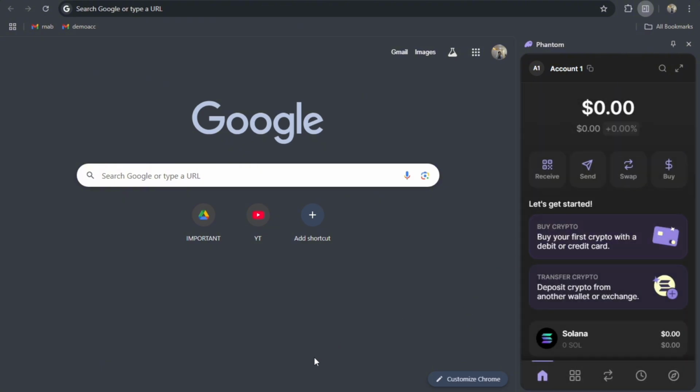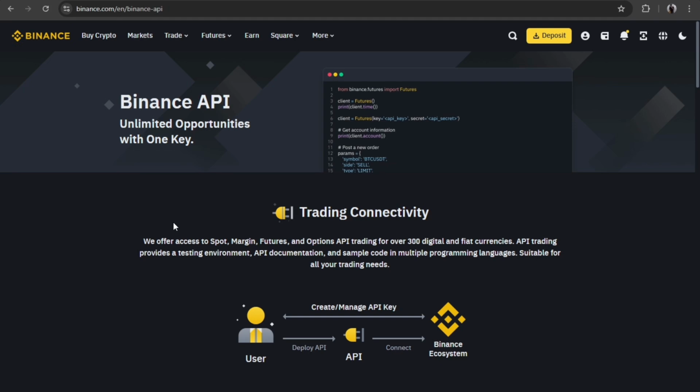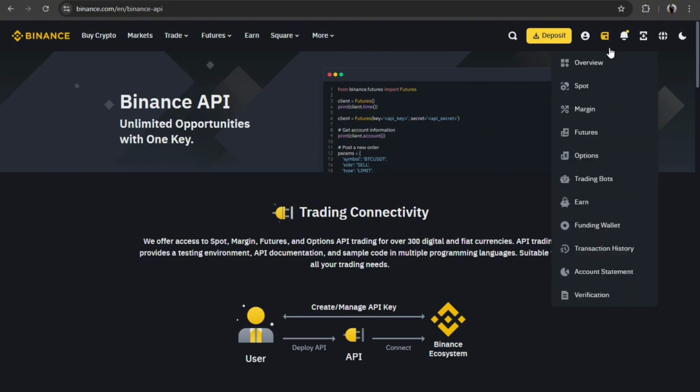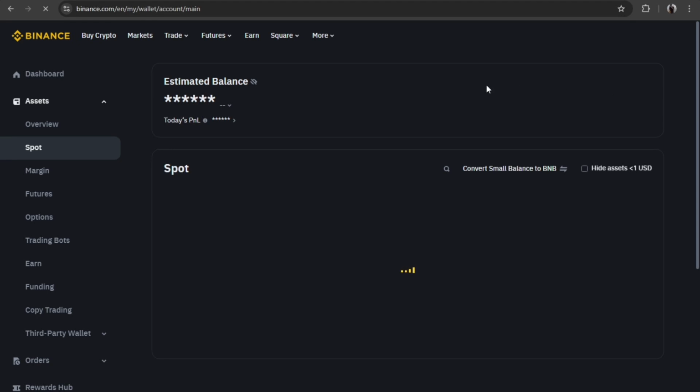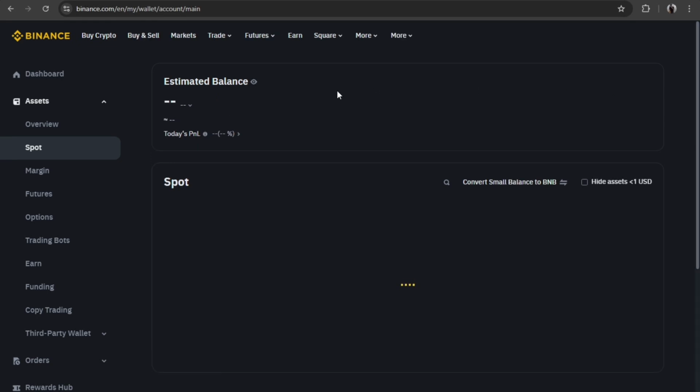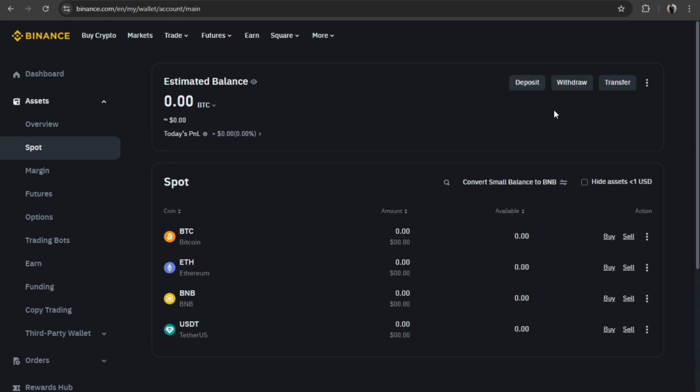So just tap on here. So once you're here, just have to log into your account again and then just tap on this icon right here and then open the spot, which is this one. From here you can then see your estimated balance here. So if you have, you can then tap on withdraw